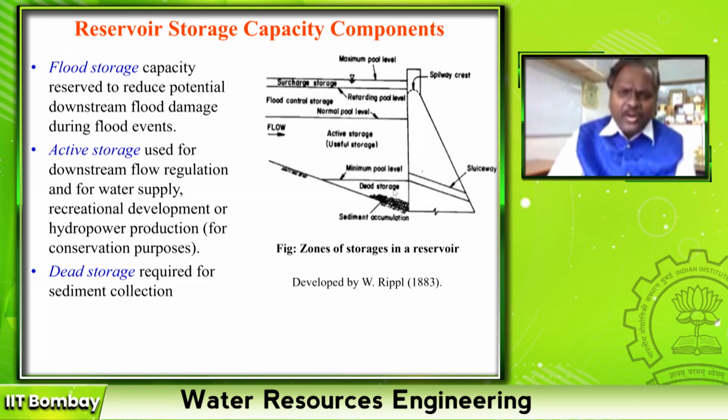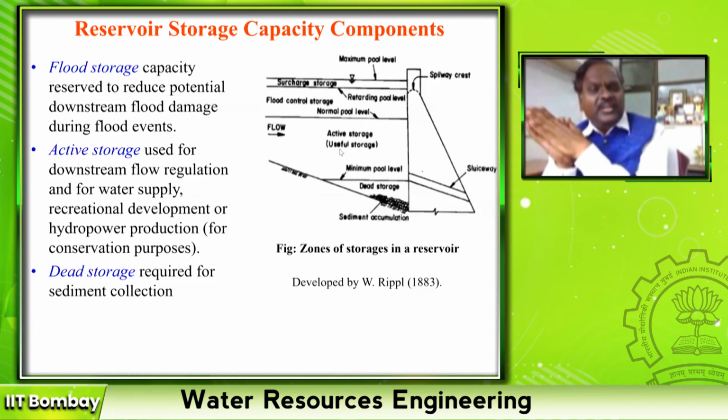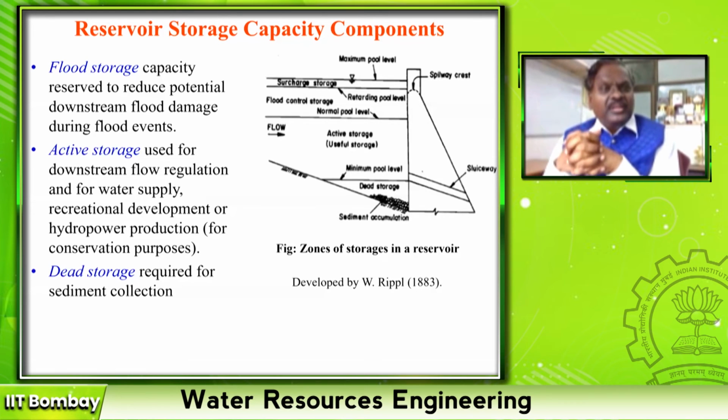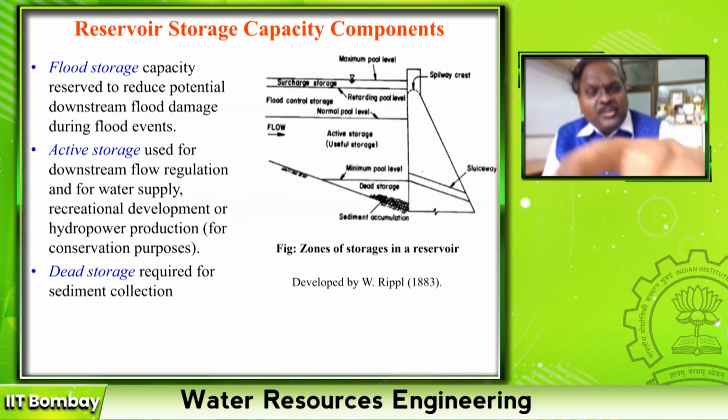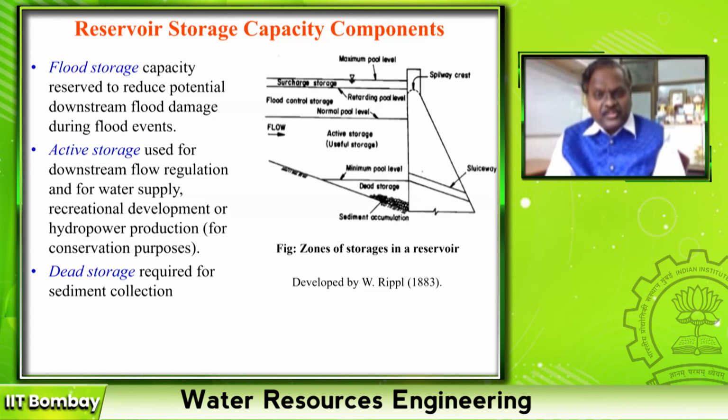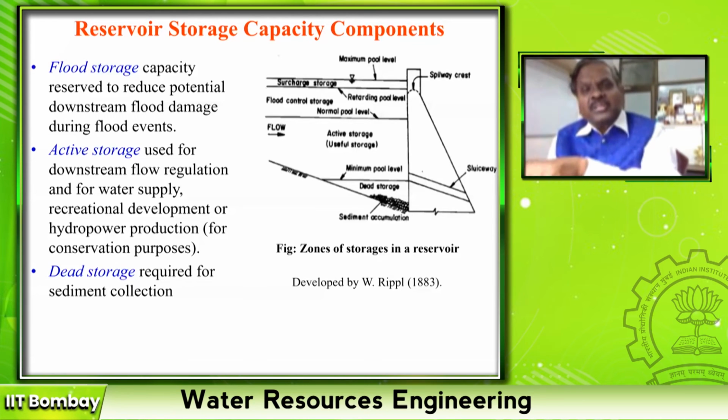Flood storage is nothing but the storage which is stored during the surplus period. Out of all these, the active storage estimation is what you are going to use on your downstream side for human development. That is also called active storage or live storage or useful storage. So this method of observed data is used to estimate this active storage. Dead storage is based upon the measured sediment that we will see later. Flood storage is based on how to store water when there is a heavy flow. That is going to be seen in the next chapter.